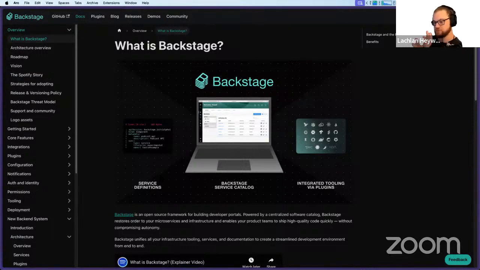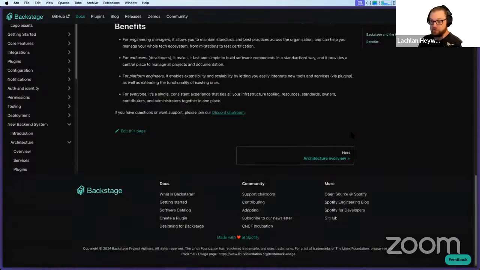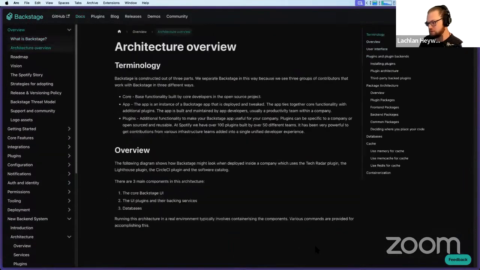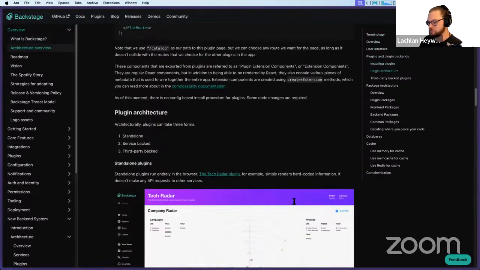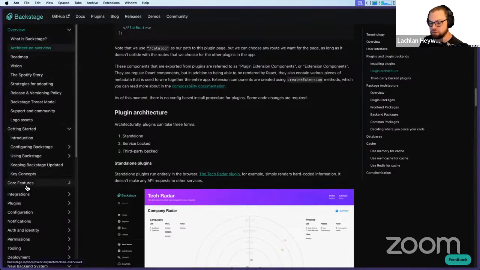Those go into a service catalog, and then you can also extend that interface with various plugins that add extra information about the services and pieces of the application that you can build that are available through the platform. The one that I want to look at is